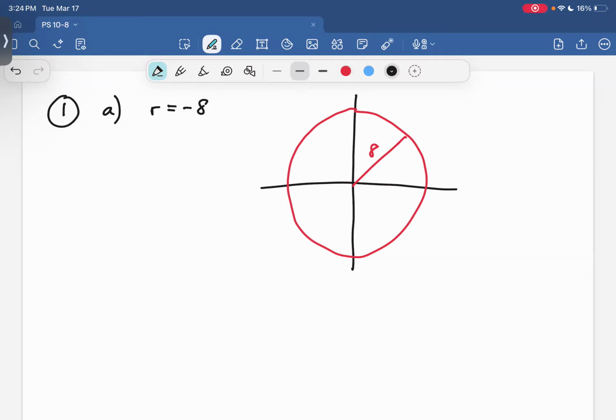Make sense? So if you had, for example, r -8 and theta 0, that would be right here, correct? Then as theta gets bigger, the points would just move in that direction. So it's the same graph as r equals +8. Next one,